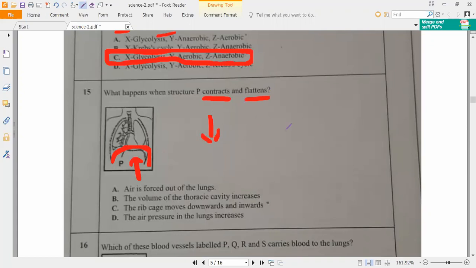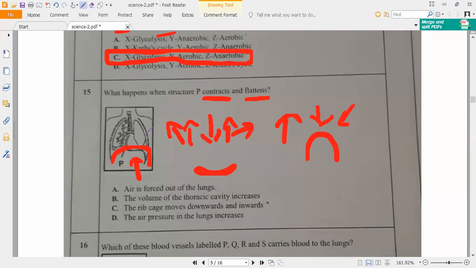Two things: inhaling, exhaling. Now, inhaling means what? The diaphragm will move down, and the ribs will move upwards and outwards. Is it yes or no? Next, breathing out: the diaphragm will move upwards and ribs will move inwards and downwards. Is it yes or no? Yes, sir. So now, based upon that, you answer. It is now contracted. C, sir. P, diaphragm contracts. So now, what will happen?